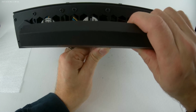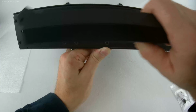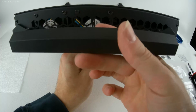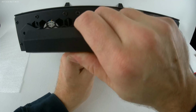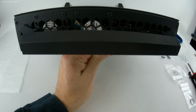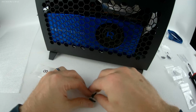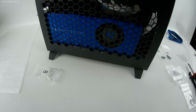If you install it the wrong way, these can be kind of tricky to get back out once they're in. What you'll end up with is overhang on the side. Won't look quite right. And your thumb screw holes won't line up either. That'll come in baggie known as baggie 8. And you just screw those, one on the front, one on the back,